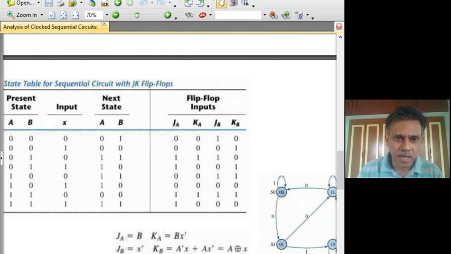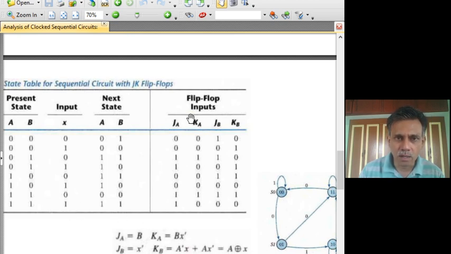Coming to KB, KB is A exclusive OR X. To find out when KB is 1, we have to look at A and X and check whether they differ. If they differ, then you put 1. If they don't differ, you put 0. So look at A and X, these two things. I will read out row by row. First row they don't differ, so it is 0. Then they differ, it is 1. Don't differ, 0. Differ, so 1. They differ, it is 1. Then it is 0 because they don't differ. Then they differ, it is 1. Then it is 0 because both are 1, 1.